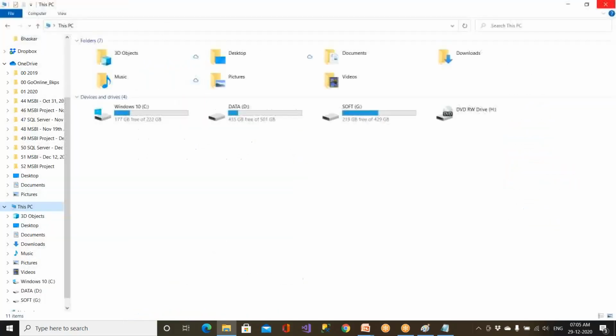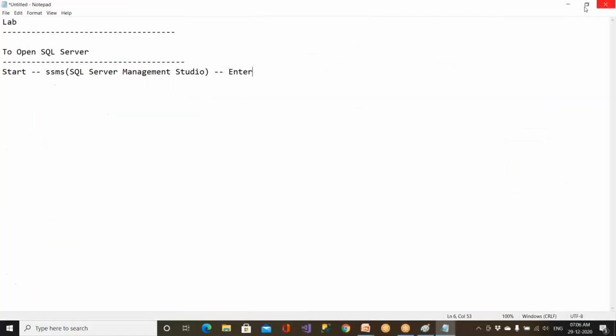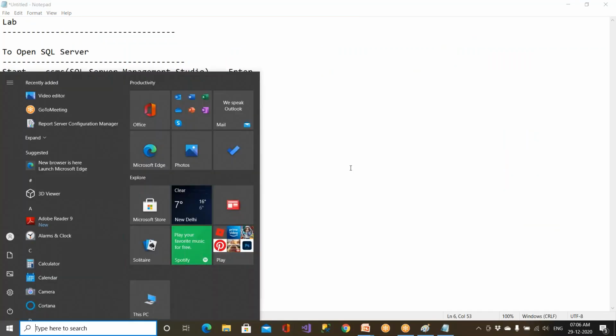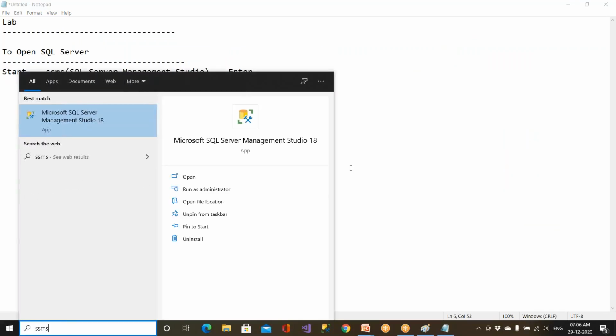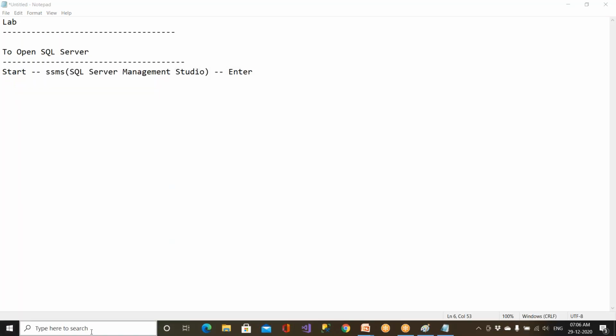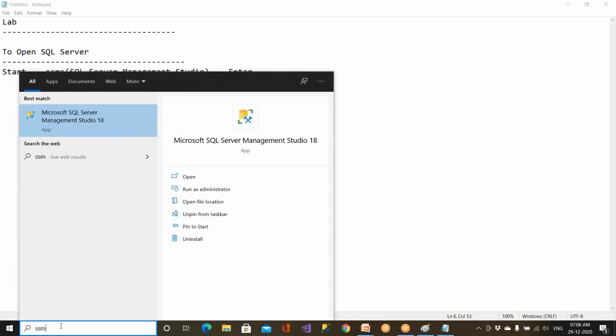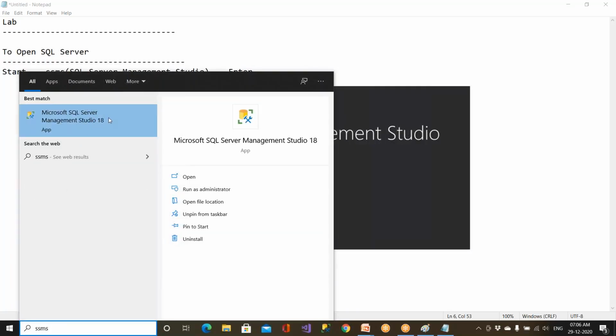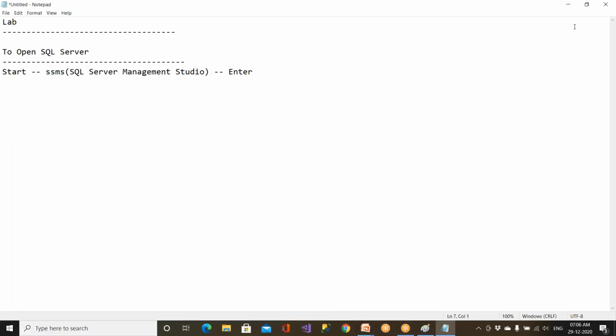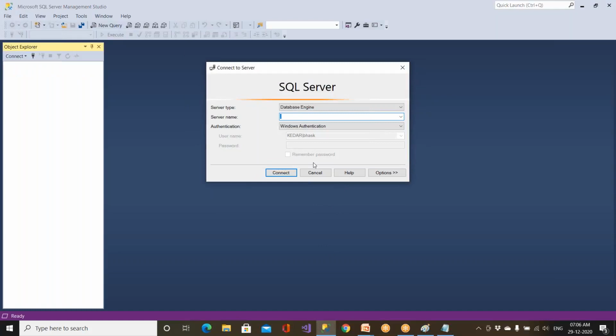It's very simple. You need to go to start, right? Go to start and say SSMS. Clear? You can simply go to this and write SSMS here and press enter. So SSMS, press enter. You will be able to get this. Then click on this. When you click on this, you will be able to get SQL Server software. Clear? One more window will get opened. You need to go to that window.